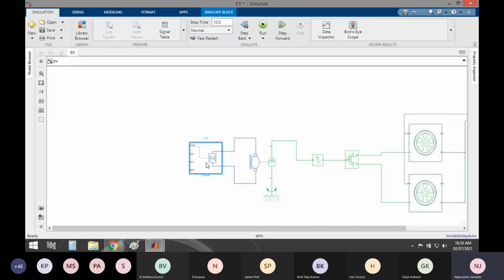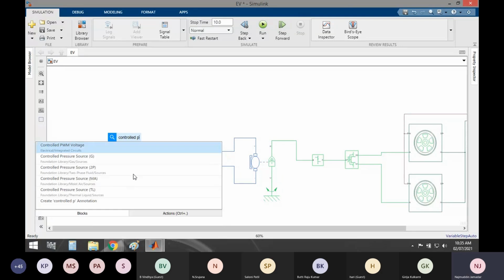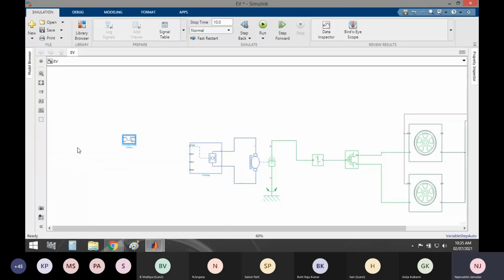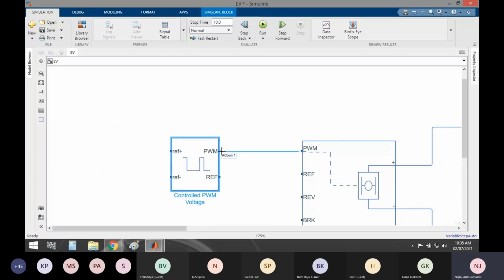So I will select a controlled PWM voltage. This block is also available. Here I will simply connect PWM to PWM, and reference to this, like that.